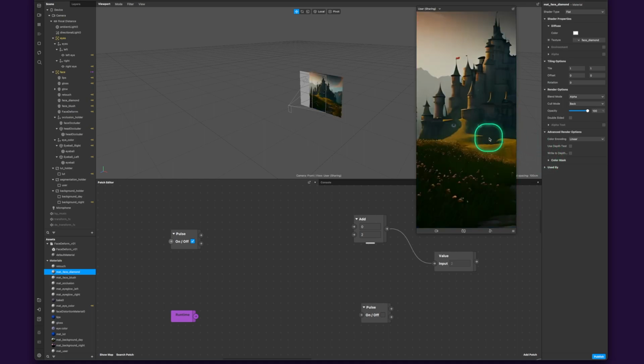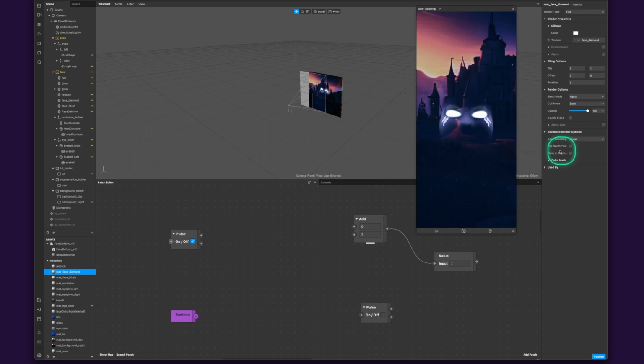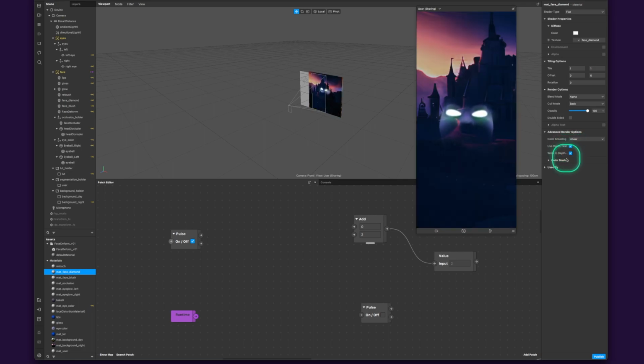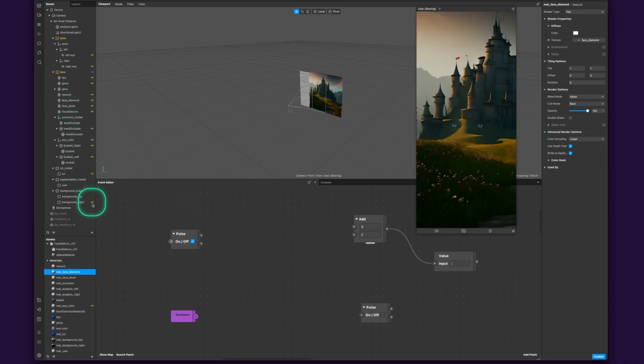In this case, I want those facial diamonds, when they are visible, to be up front and on top of things regardless of what else is stacked on them visually. If I have this checked, right to depth, use depth test, I'm telling Metaspark Studio to take into account where in the layers of things this material is being applied,